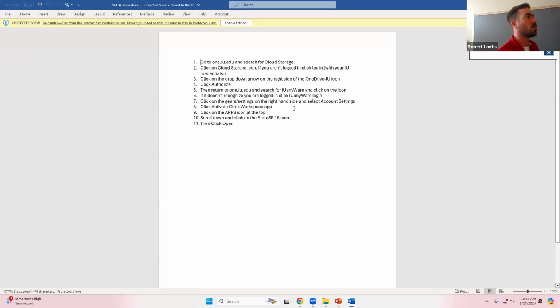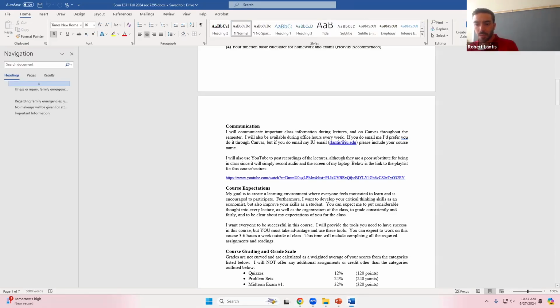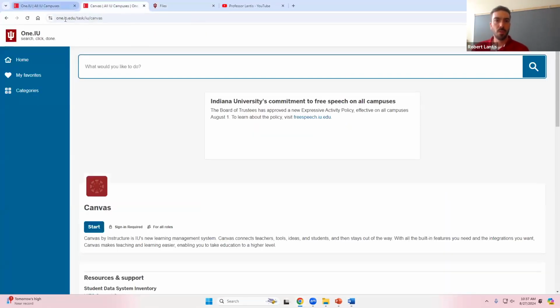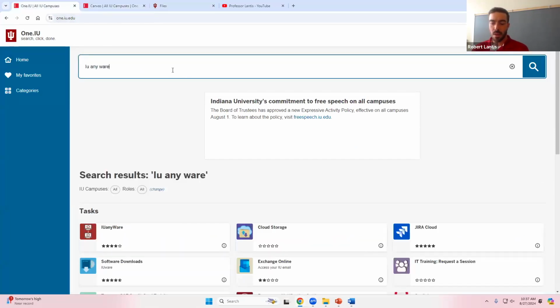I kind of have what I'm going to talk through written down in a Word document, and that's up now under the Files tab under week 1. But I think we'll walk through it. Hopefully, it'll be a little bit easier to see me actually work through all these steps as opposed to reading them. So the first thing we're going to have to do is go to one.iu,